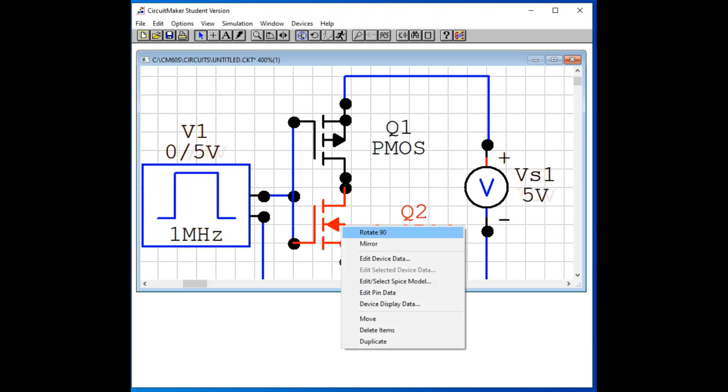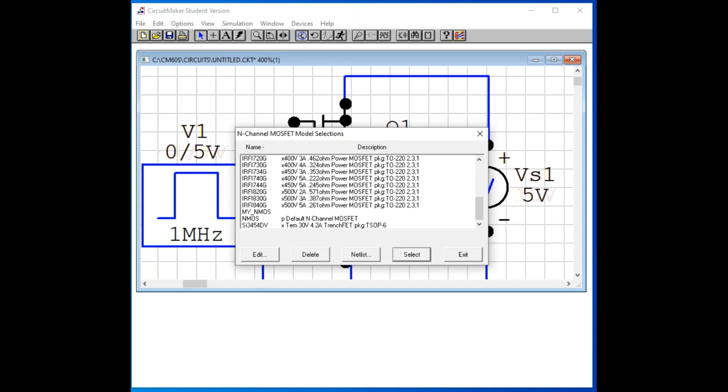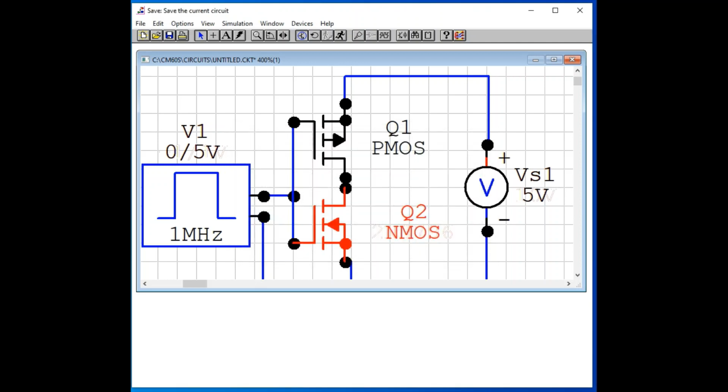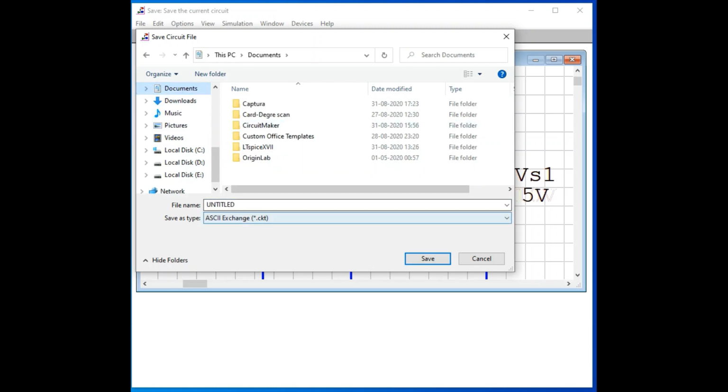Then let's get again this model, default model. Okay, save it. Then we can save it to test one.